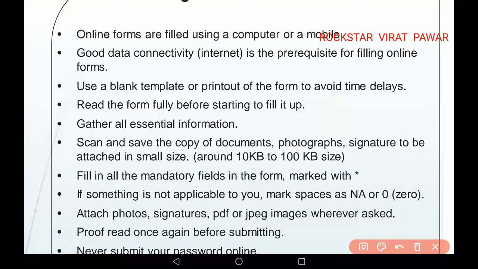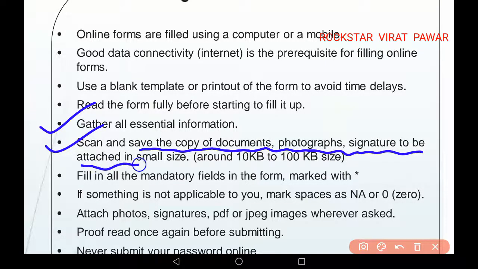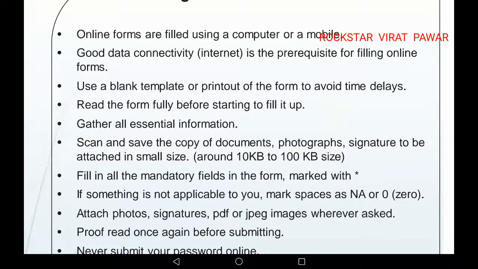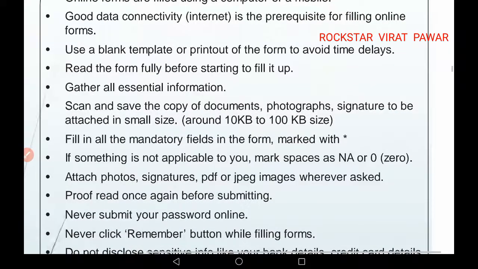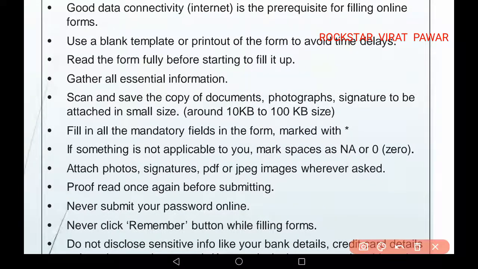Gather all essential information. Scan and save a copy of the document, photograph, and signature to be attached in small size, around 10 KB or 100 KB, whichever is given in your online form. Fill in all mandatory fields in the form marked with this sign. You should know what this means.